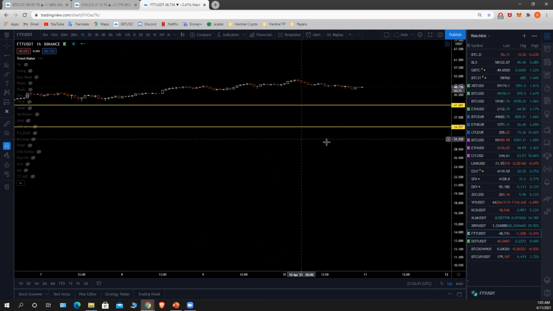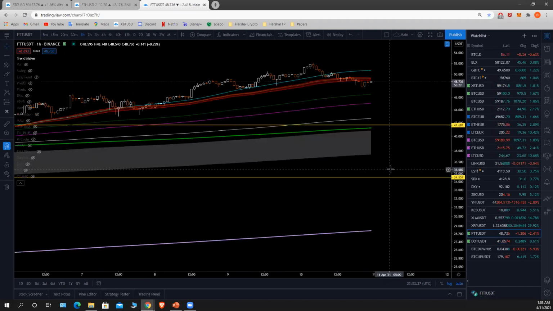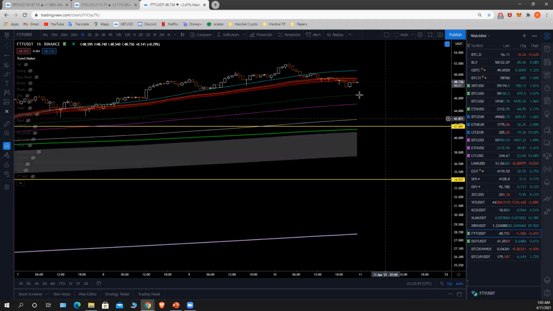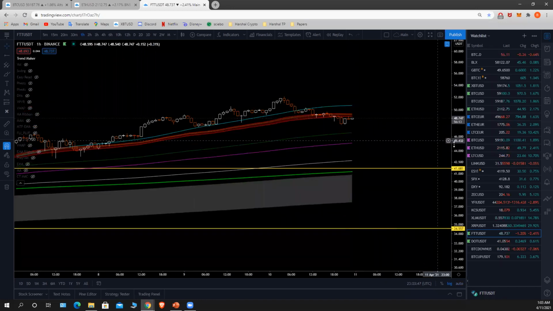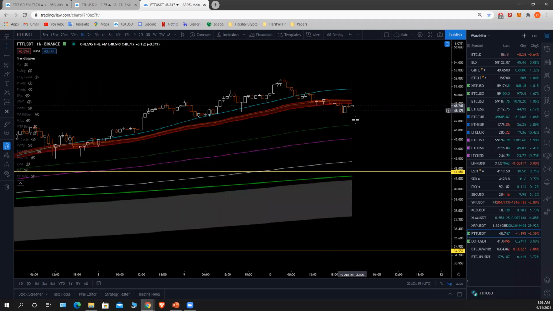And then on lower time frame, I think it's doing pretty good. 1 hour is trading below the ribbon. So let's see how it performs. If it keeps on trading under this ribbon, then maybe it will come down to this green moving average. And from here, maybe we can have a quick